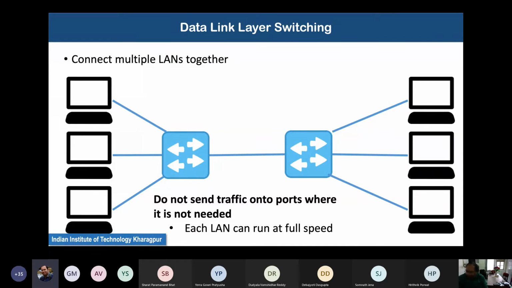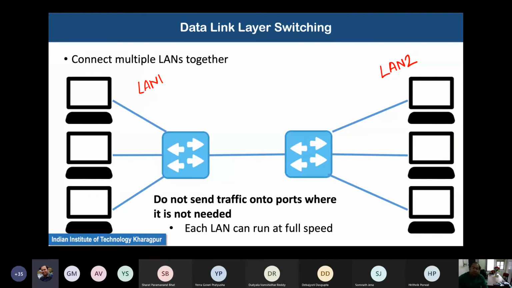So you can have one LAN, say LAN 1, which interconnects different computers with a switch, and you have another LAN 2, and the purpose of a switch is to interconnect multiple different LANs together. So what is a local area network? Now these definitions are a bit fuzzy in the context of computer networking.